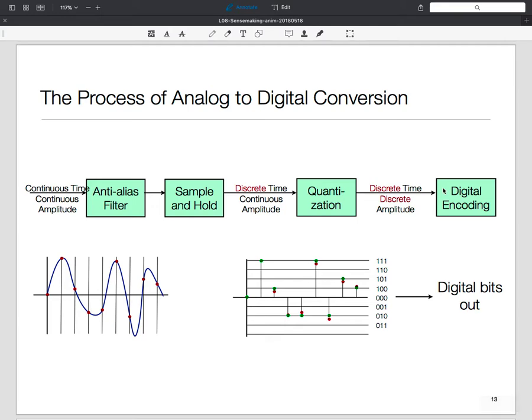Usually the A to D converters are designed so that the whole range of the signal is sampled uniformly and the digital bits out are uniform. In some cases though, the output encoding is not uniform. What I mean by that is, I may say that most of the time the signal is close to 0, so let me sample finely there, and it reaches the peak less often. So in that case, instead of uniform levels, I may have more crowding in some parts